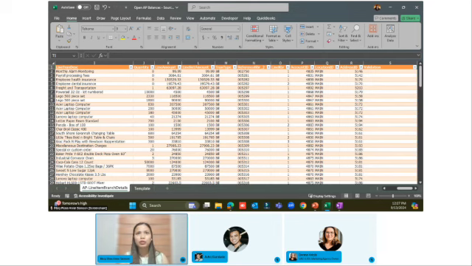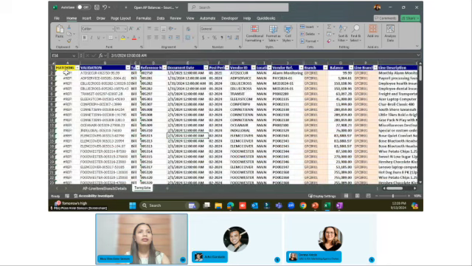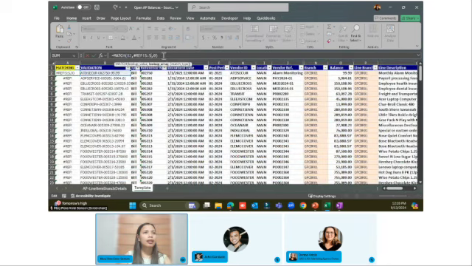So for this demonstration, I'm going to validate my legacy data versus what has been imported or uploaded in Acumatica. To do that, I'm going to use a standard Excel formula. Okay, and also for my legacy data.